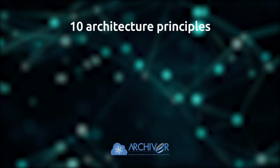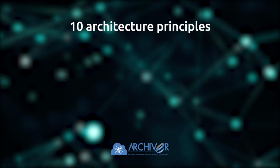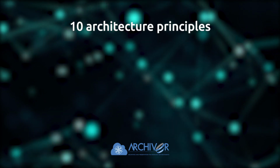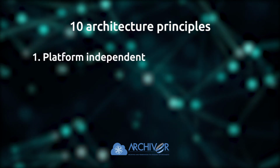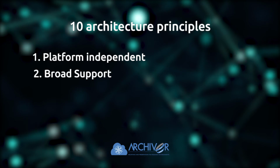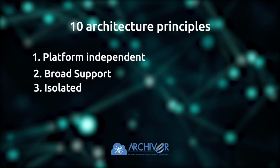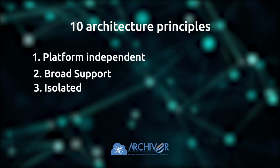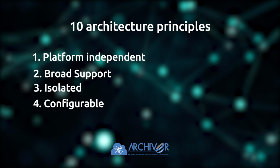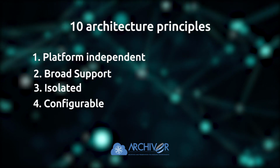The Archiver Cloud Benchmarking Test Suite is based on 10 architectural principles. The final solution will be independent, provide generic support, so as to be compatible with the major cloud providers, be self-contained, to enable robust portability, easy shipping, and predictability, be fully configurable, to allow for continuous delivery, automated scheduling, and ease of use,